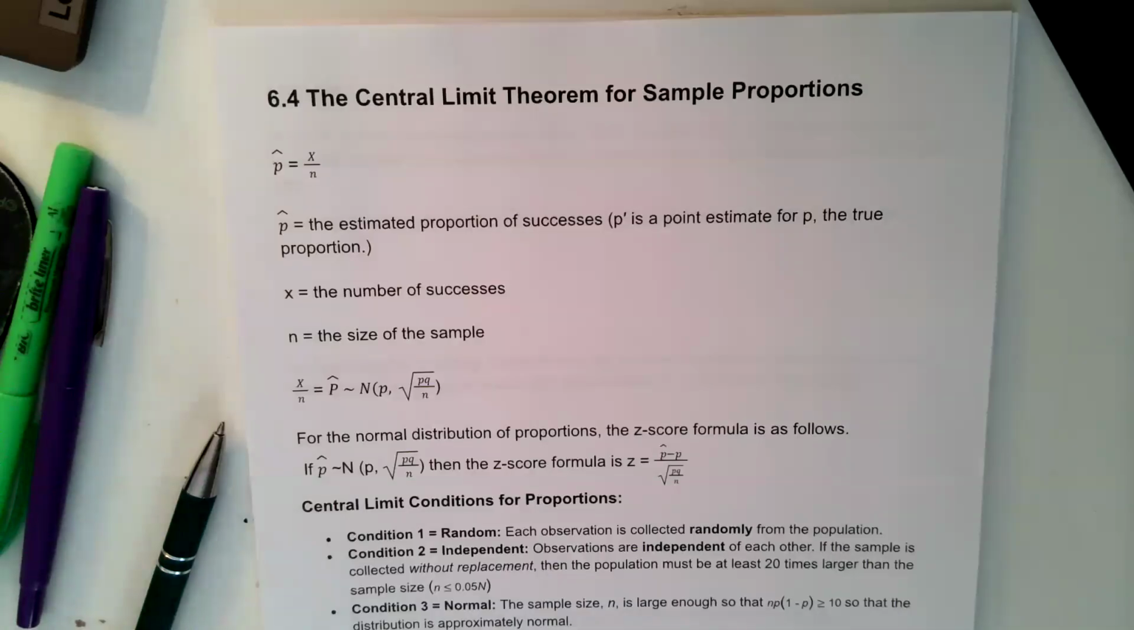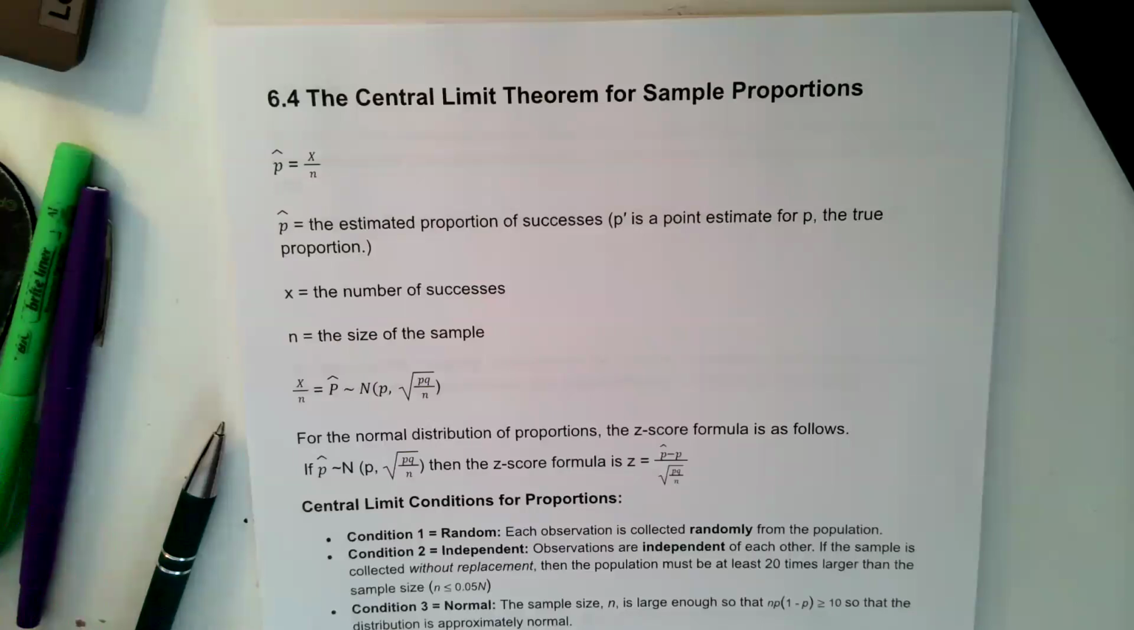Welcome back for lesson 6.4. We are going to carry on with the central limit theorem for sample proportions. What we did in 6.3 was all about quantitative data, and now we're going to work with qualitative data. So this is where you're counting maybe the number of yeses, or you're counting the number of blue-eyed people and